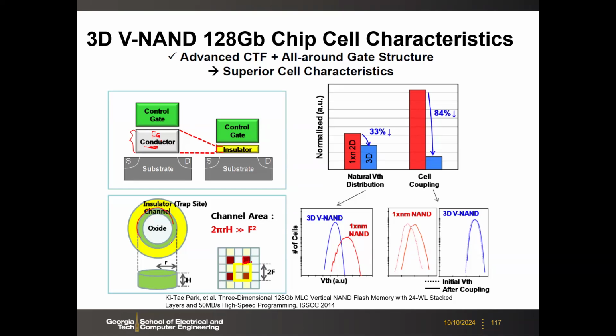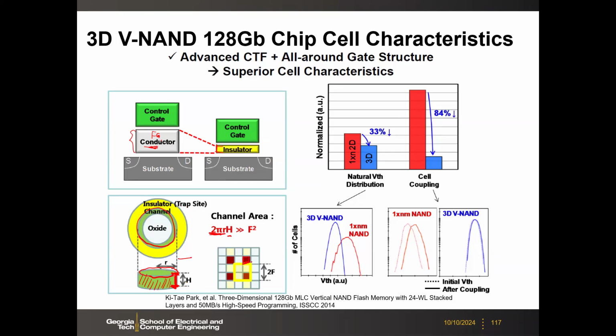So this perimeter, 2 pi r times h. H is, you know, vertically from layer to layer. Let's say vertical, it's not from layer to layer, you still have the spacing, but let's say with the thickness of that word line, you have the h, right? You have 2 pi r times h,